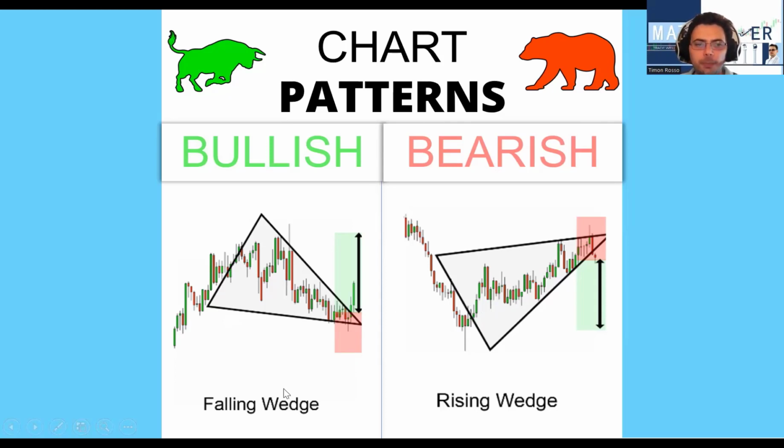The rising wedge is the opposite of a falling wedge. It's when the price of the market has been coming down. You expect the price of the market to form a rising wedge. Once the market breaks below the rising wedge, that's where you get in. You set your stop loss above the rising wedge, and then you set your take profit twice as much as what you're willing to risk.